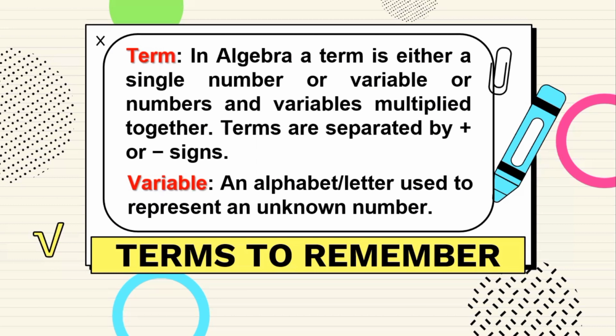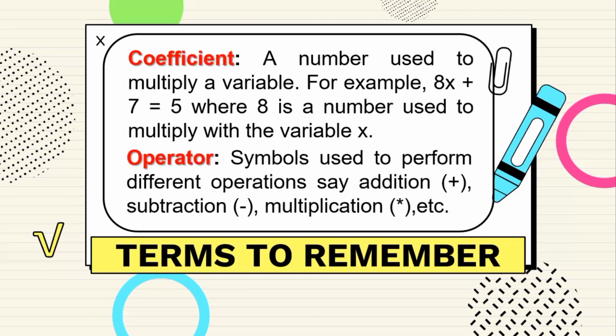What else? We also have what we call the coefficient. When we say coefficient, it is a number. There are two types of coefficients. We have the literal and the numerical coefficient. But for this case, once we deal with coefficient, we are dealing with the numerical coefficient here. Because it says here, it's a number used to multiply a